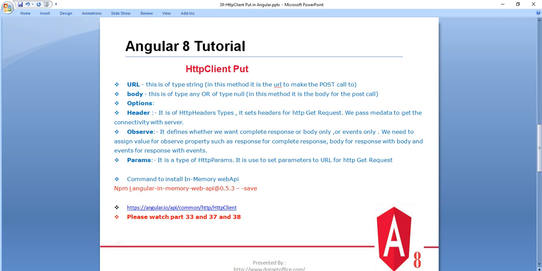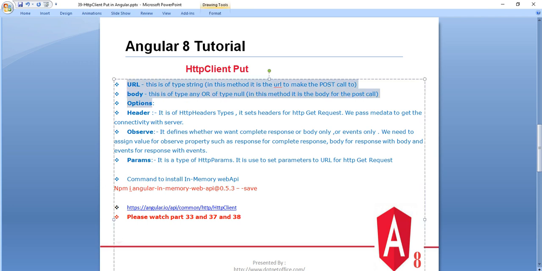Before proceeding with this tutorial, I recommend you go to parts 33, 37 and 38 to understand more about the HTTP client and in-memory web API, so you will understand this tutorial more. Like HTTP client post, we are using these same things in HTTP client put as well.